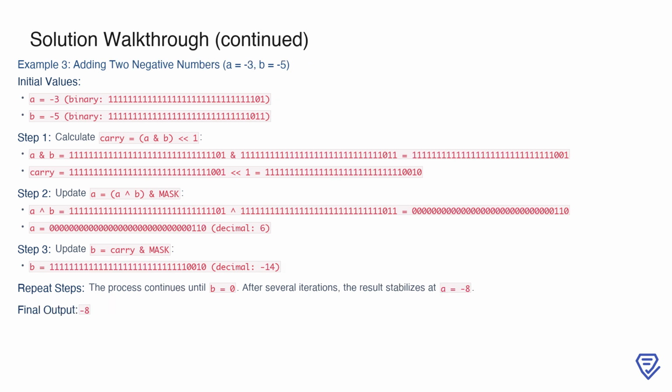For the third example, we examine the addition of two negative numbers, a equals -3 and b equals -5. Their binary representations are